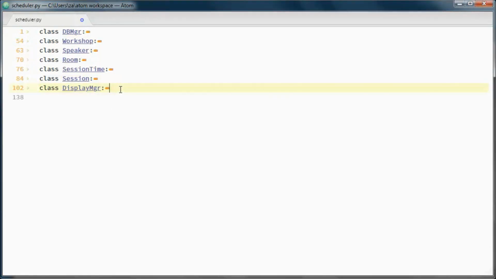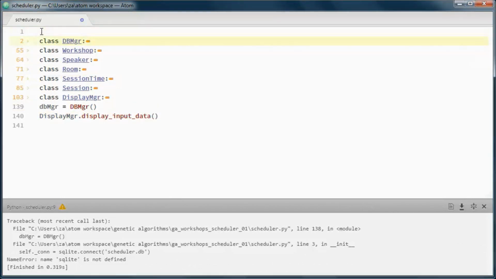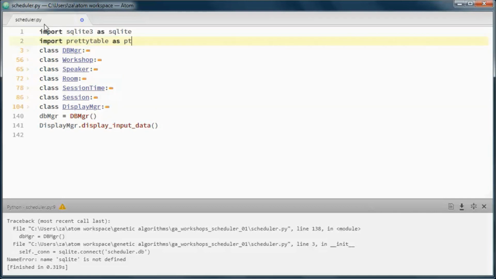So let's go ahead and test run, just displaying the input data. Okay, so let's go ahead and import those two, SQLite 3 and pretty table.